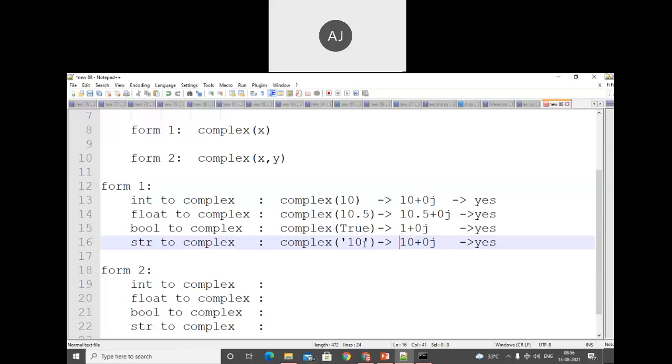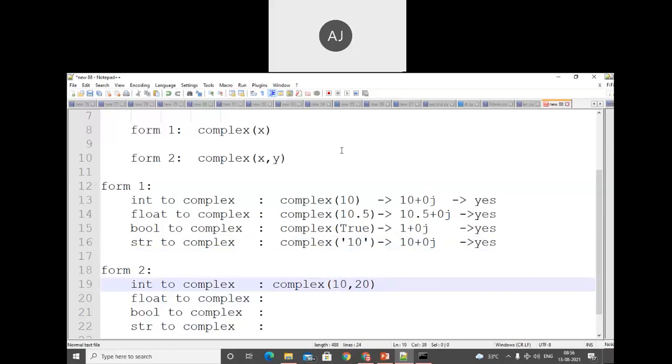Similarly, we need to discuss form number two, in which we are trying to pass a real value plus an imaginary value. In that case, we are trying to submit real plus imaginary value. We have to pass both values. So let's check out. For example, here I'm trying to convert 10 comma 20.